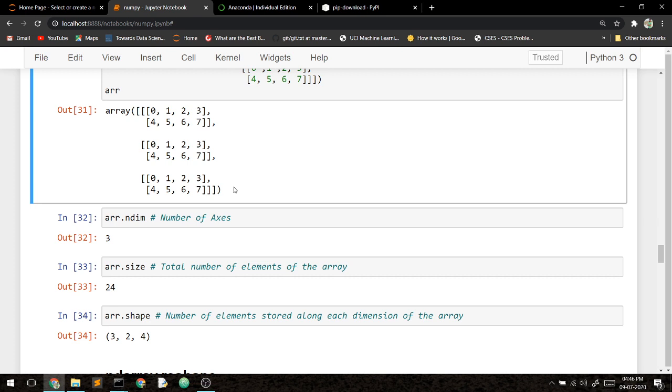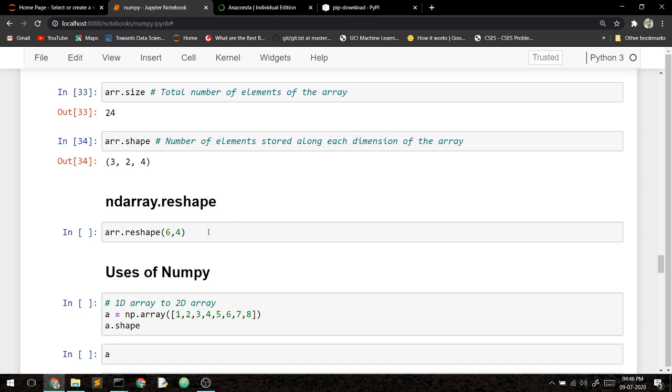What are the shapes? It can be viewed as a three-dimensional view, but you can analyze a multi-dimensional array in this way because it has elements in different rows and columns separated in this way. What is reshape?